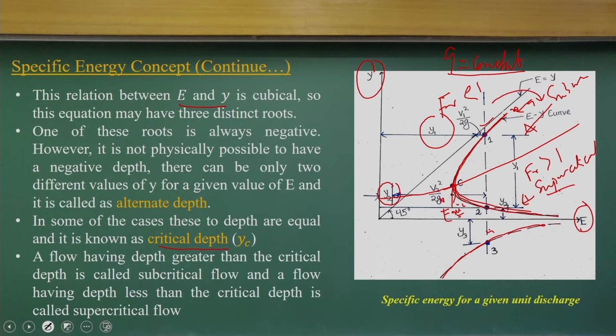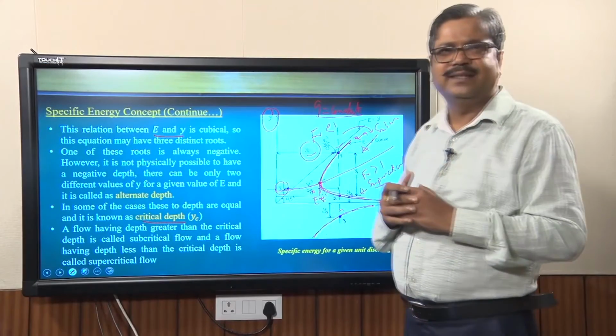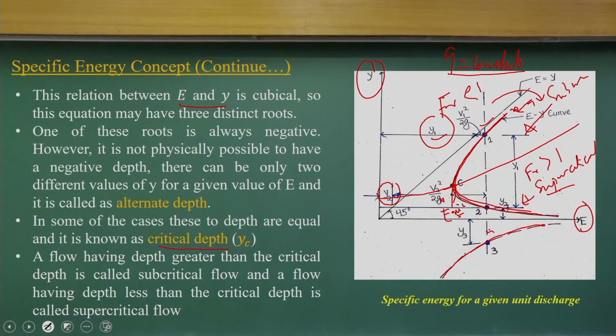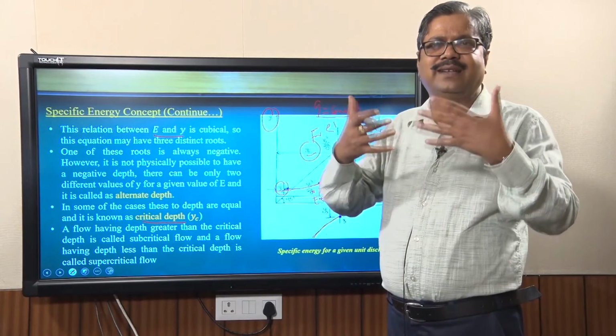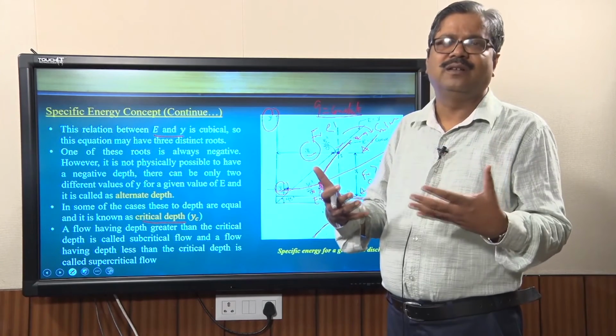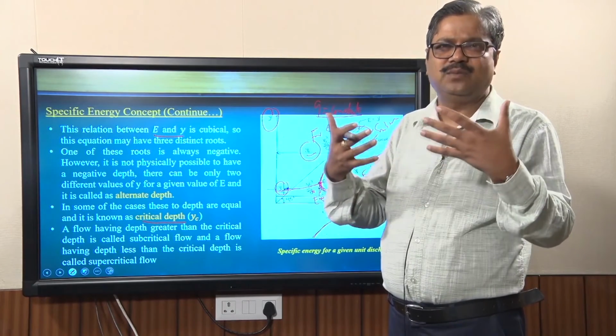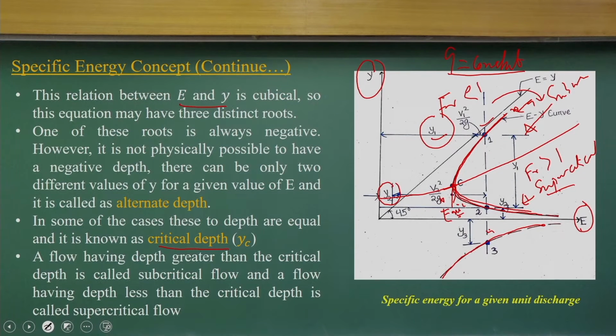So if you look at these two energies in subcritical and supercritical flow, what is the difference? In the case of subcritical flow, the pressure energy is quite significant as compared to the kinetic energy. But when you go to supercritical flow, the kinetic energy is much higher as compared to the pressure energy. That is the reason V squared by 2g is a higher value. If you look at this graphically, it is a higher value. Here the pressure energy is high and the kinetic energy is lesser. That is why you should try to understand it.